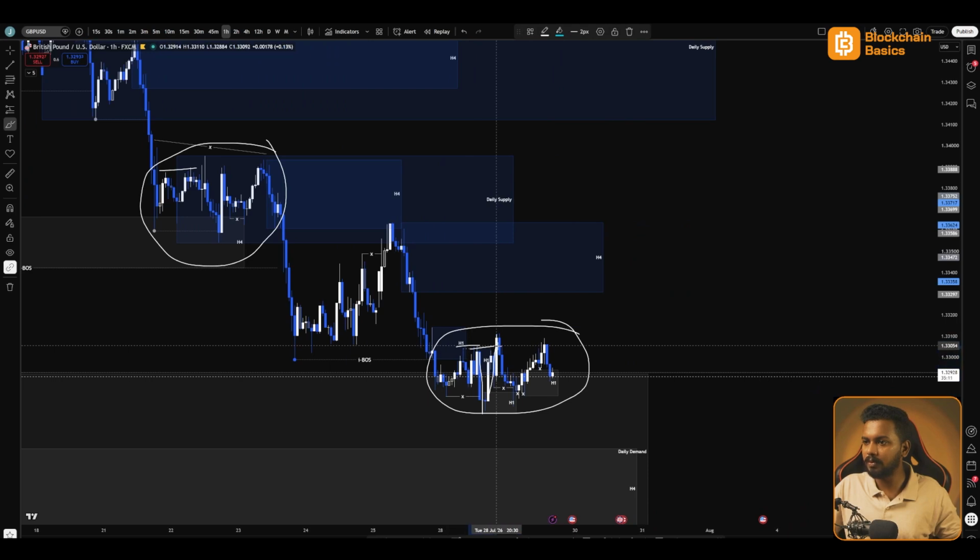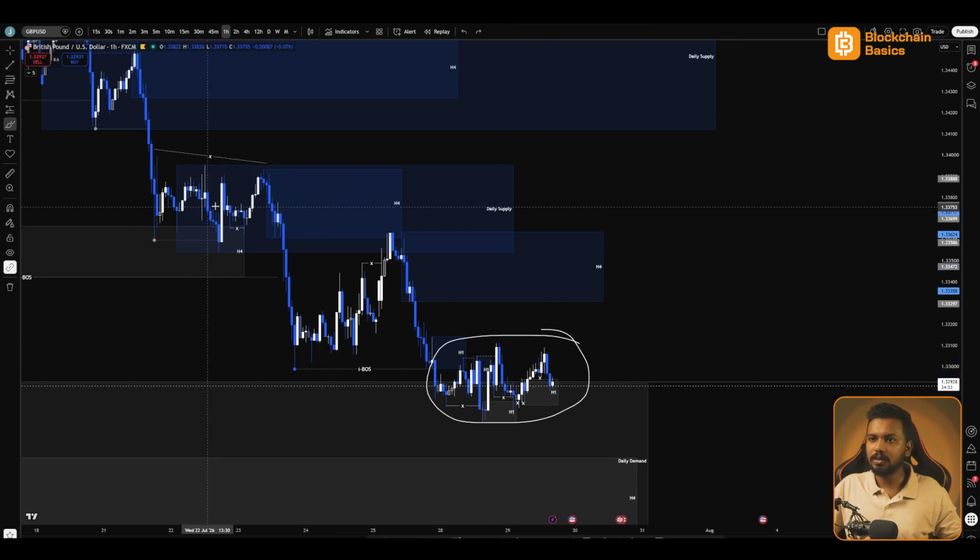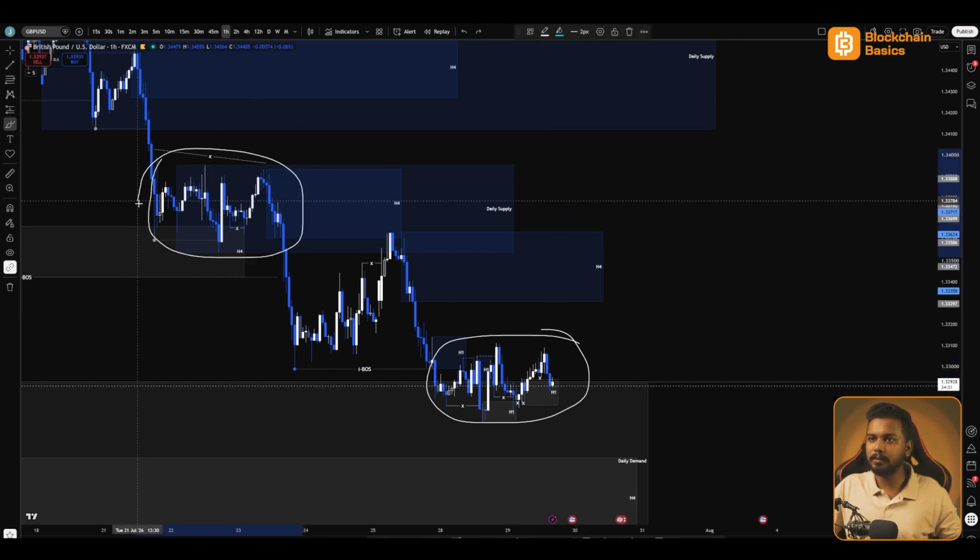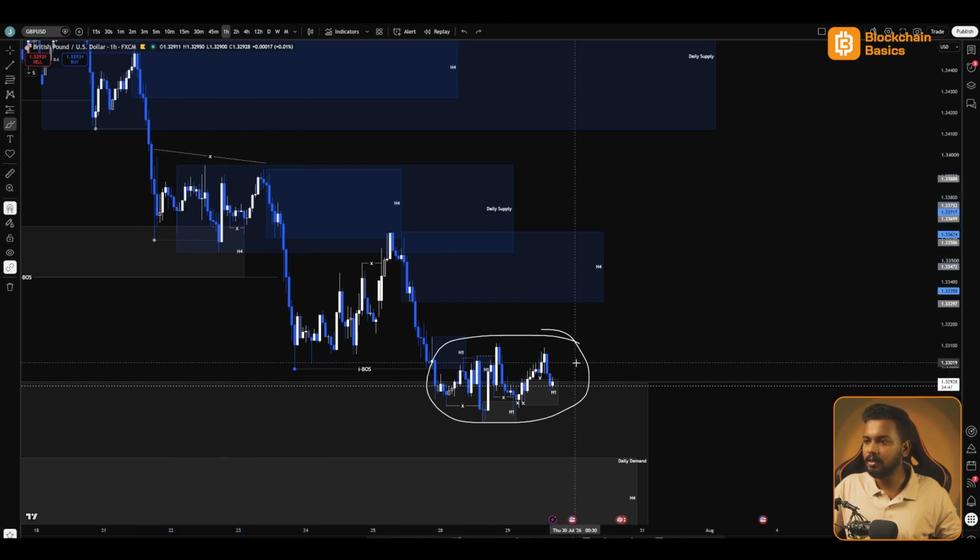So we can see a similar pattern happening over here. It pushed up, here we got a proper candle close, price came back down, you can see that same thing over here, and then it pulled back up into this supply. Over here also the same thing. This swept the highs and now you can see it pushed back down. So since I took a loss over here and I mentioned that I won't be taking a trade again during this kind of price action,